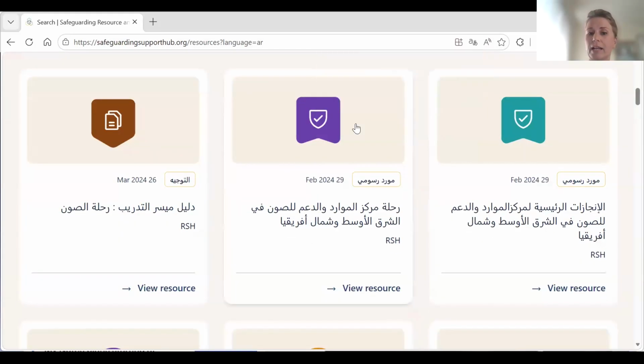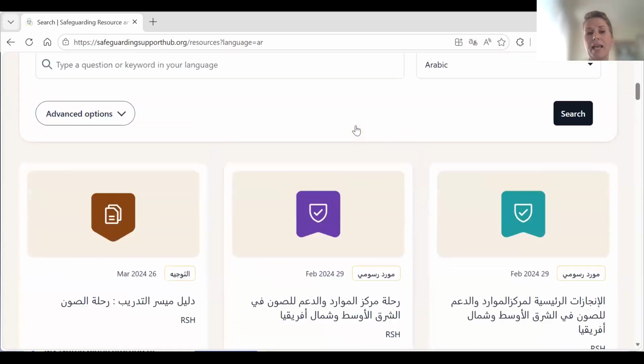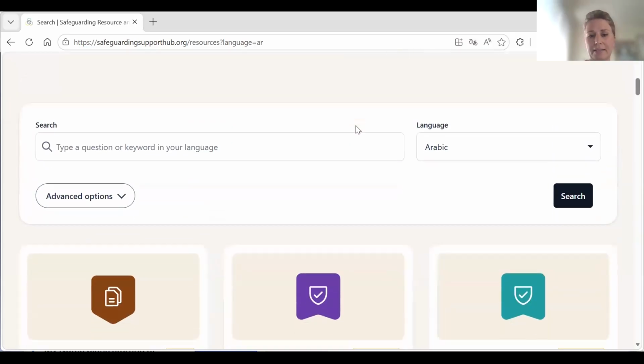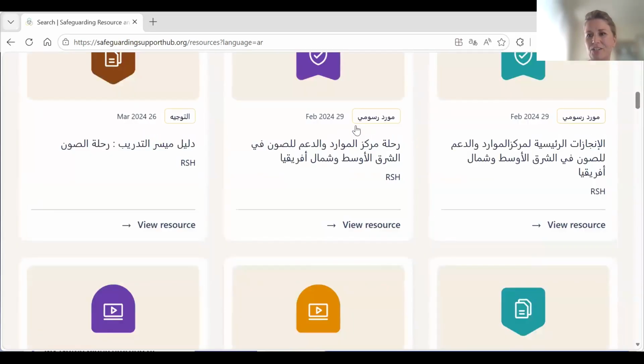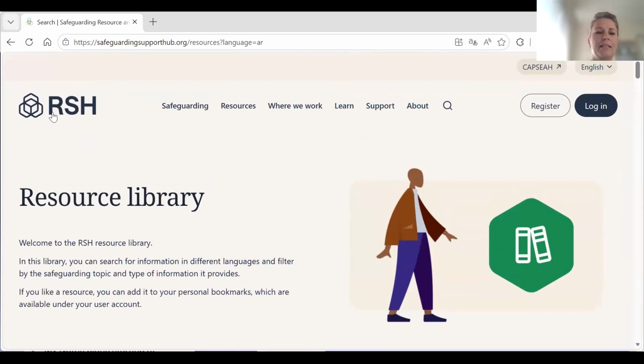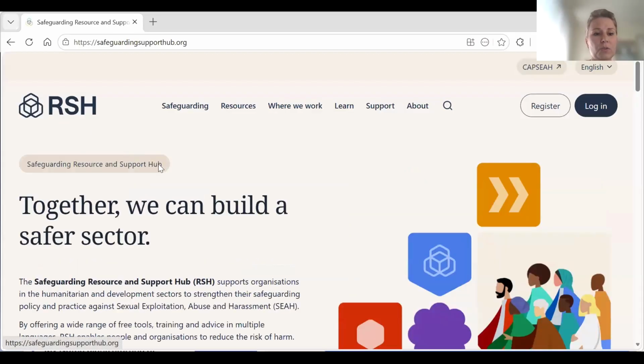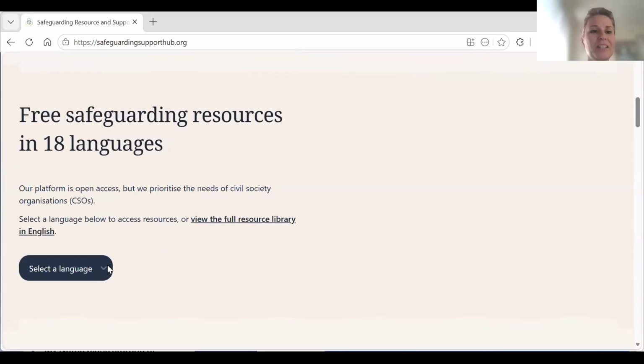So I now clicked on Arabic, and you will see that all the resources that we have in that language appear. So again, this is a useful tool here if you want to directly access our resources in a given language.